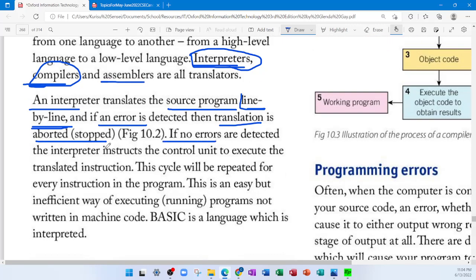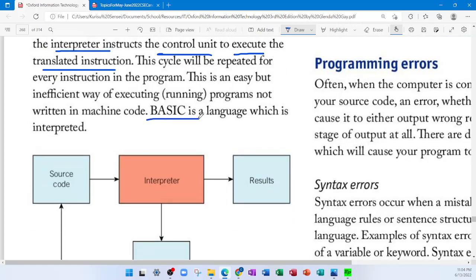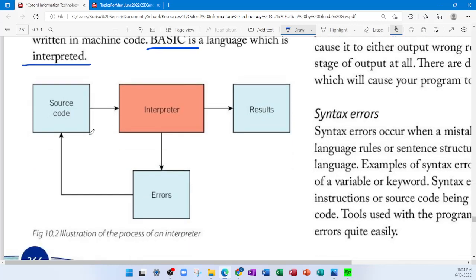Now if no errors are detected by the interpreter, the interpreter instructs the control unit to execute the translated instruction. This cycle will be repeated for every instruction in the program. This is an easy but inefficient way of executing or running programs not written in machine code. BASIC is a language which is interpreted. So BASIC uses an interpreter to convert the